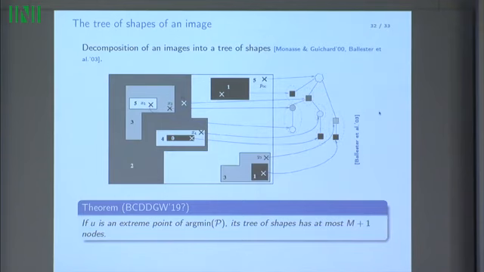And the last result, which really motivates all of this work but is not out yet, is that when you are an extreme point of the total variation solution set, you can show that the simple sets at the structure of your solution are not in any configuration. You always have at most m+1 nodes. So it means that you should comply with some embedding in your simple sets or some disjointness property. You cannot have as many configurations as you want.